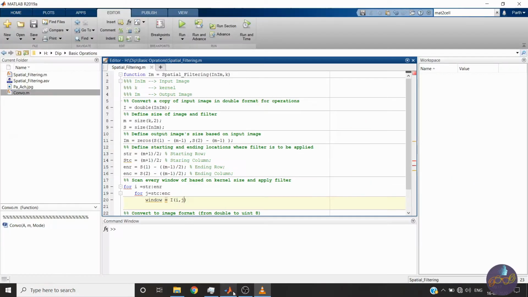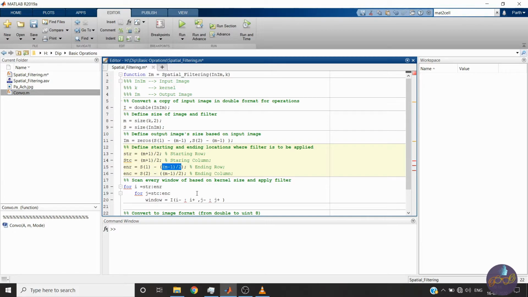So let me write this in generalized form. From i minus something row to i plus something row. Same as here, j minus something to j plus something. Now this something is what? This is again, like here, m minus 1 by 2. If you carefully see, it is very clear that it will be m minus 1 by 2.